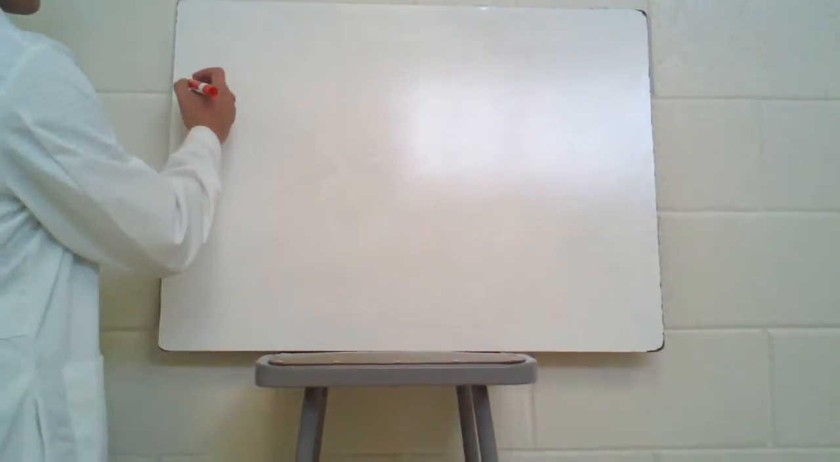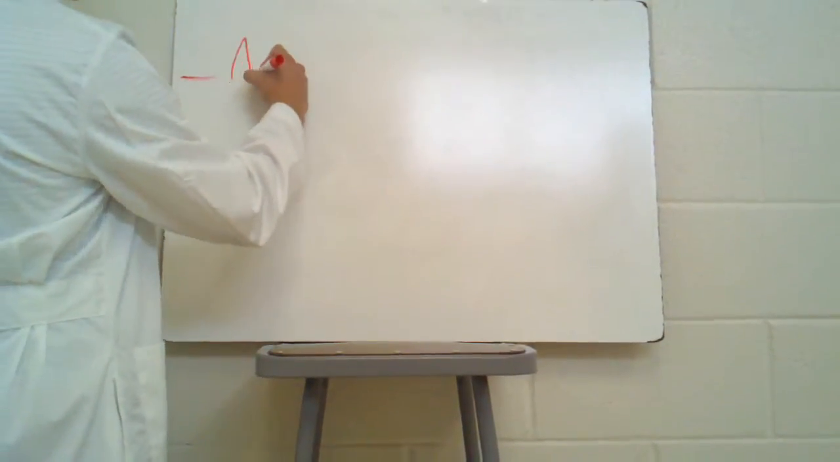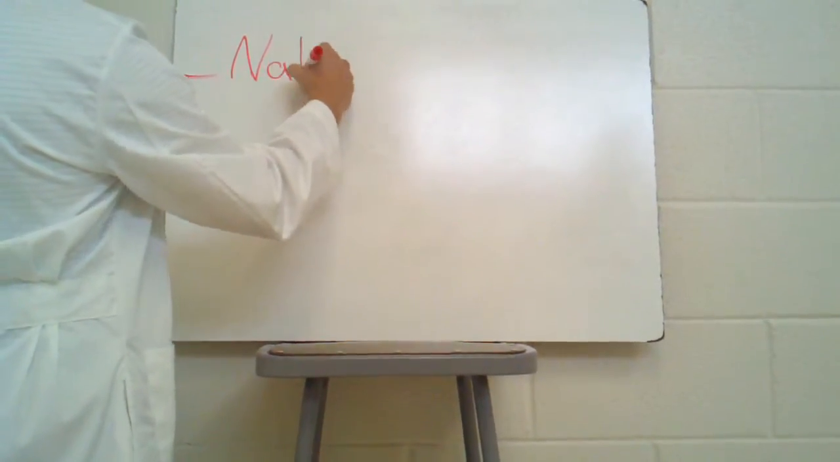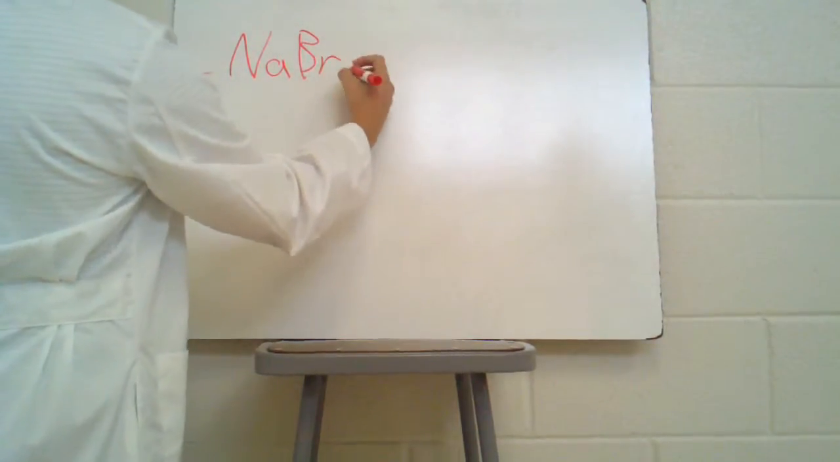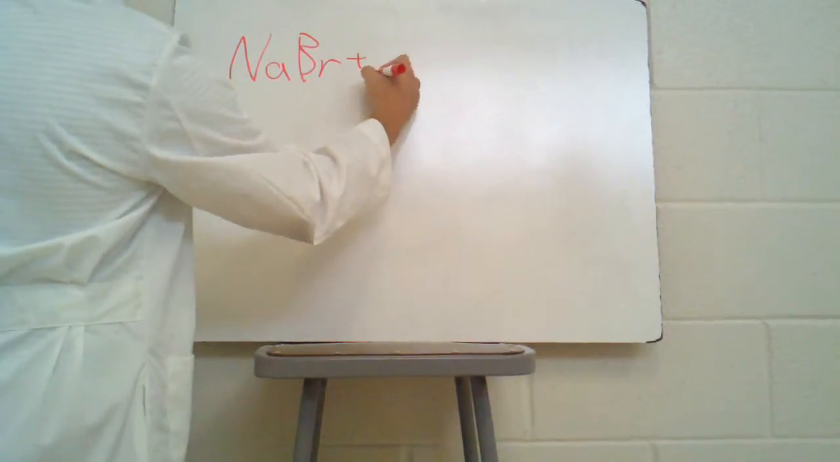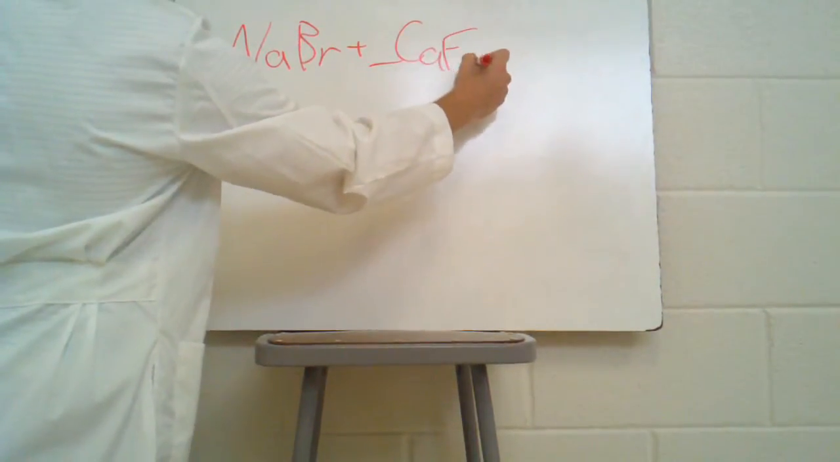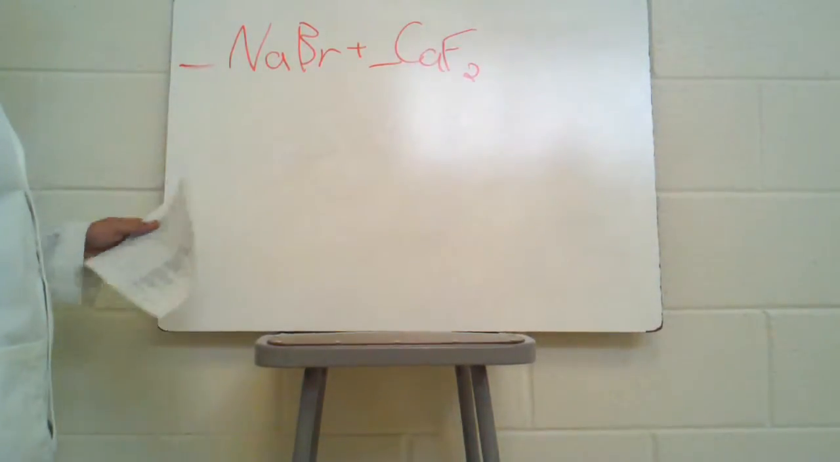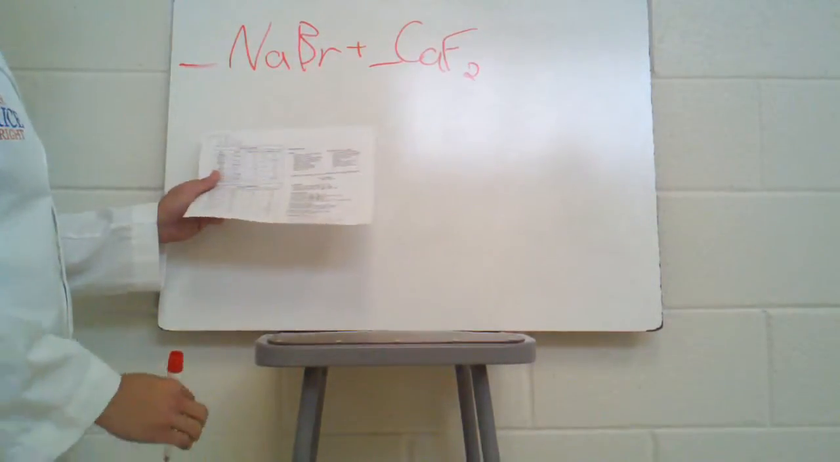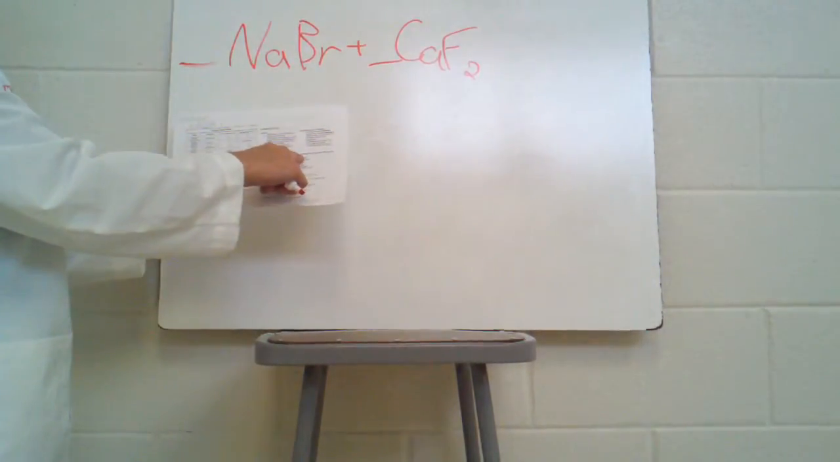Now we will predict an equation. First we'll start off with our double replacement reaction between sodium bromide and calcium fluoride. Alright, when you're predicting an equation, you look at your sheet for guidelines for predicting the products of selected